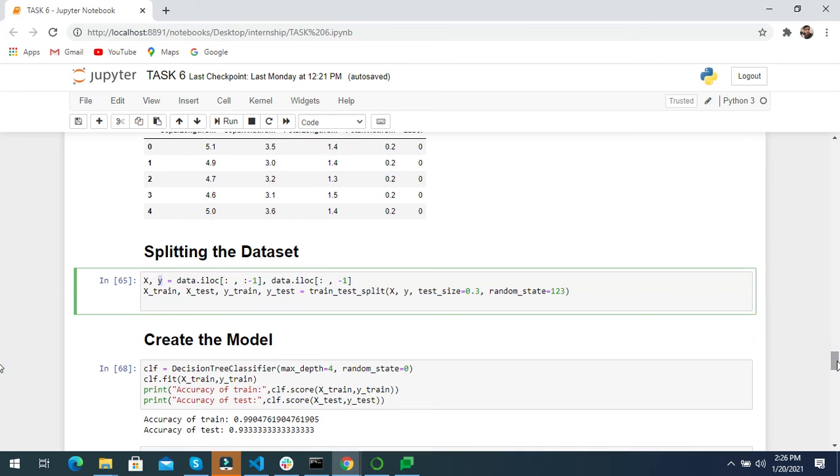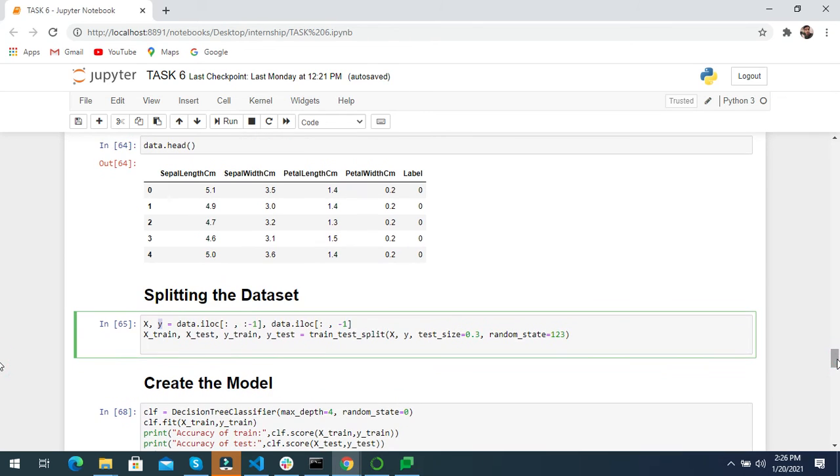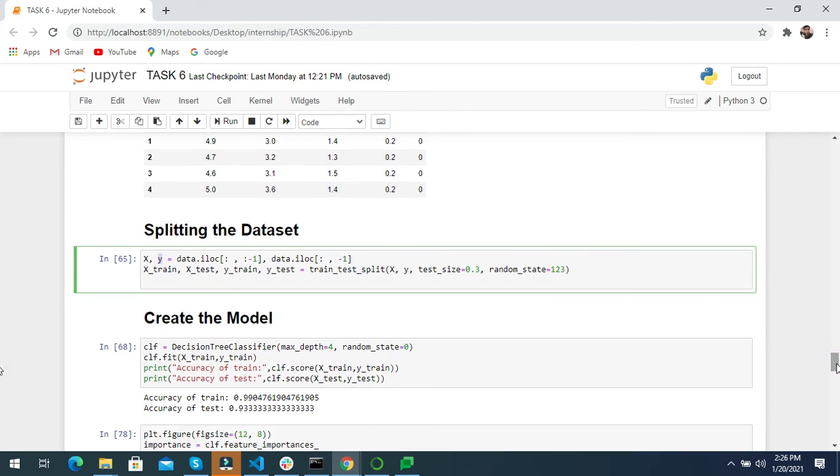Why only one variable? Because we want to predict only the label value, meaning only the last column. Then we split our data set into two parts, train and test. We train our model on 70% and test our model on 30%.